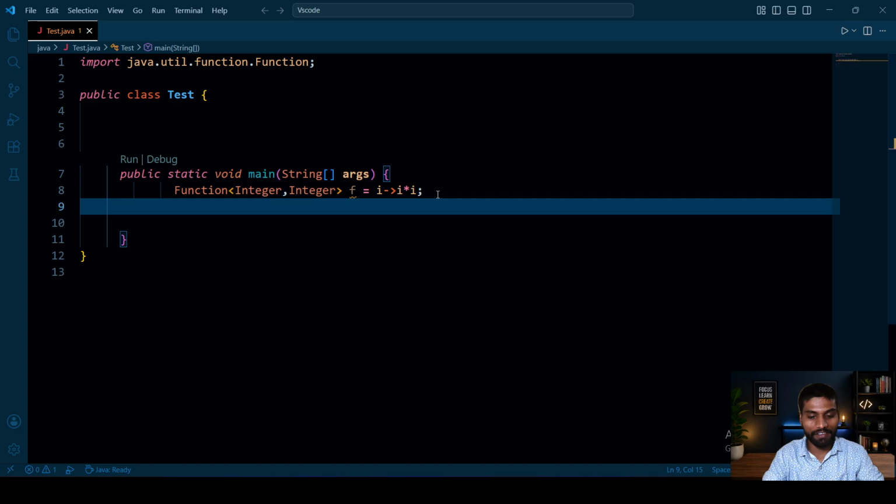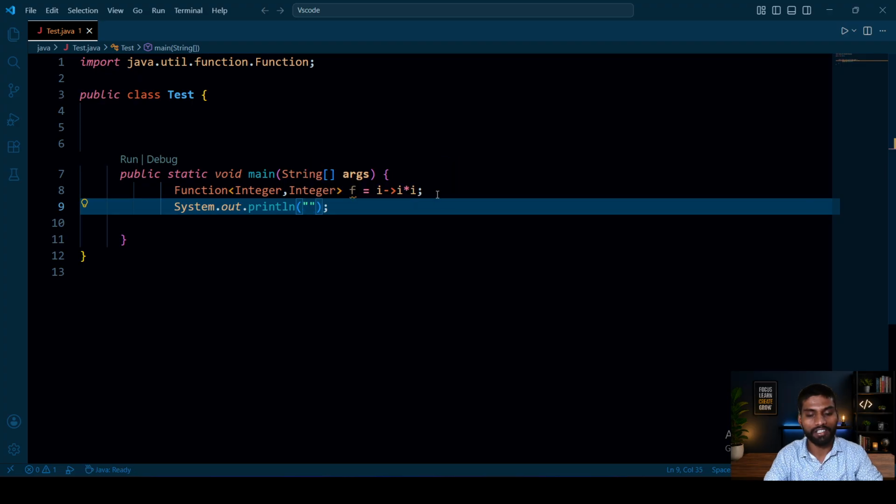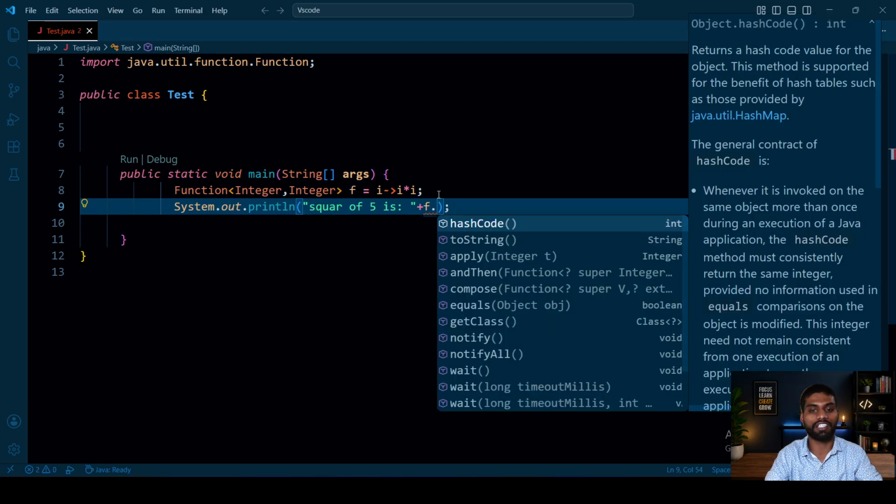Okay. Simply, how do we call this? Just write System.out.println, square of 5 is. There is one predefined function available in the functional interface Function, that is apply.